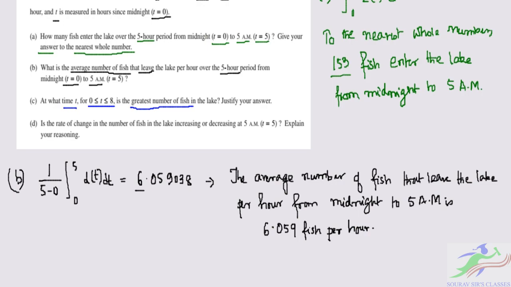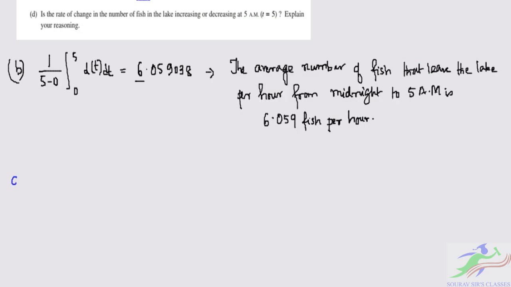Okay, so for this, what you have to solve is part C. So the rate of change, we have to find the rate of change in the number of the fish. Okay, so rate of change for the number of the fish, obviously, in the lake